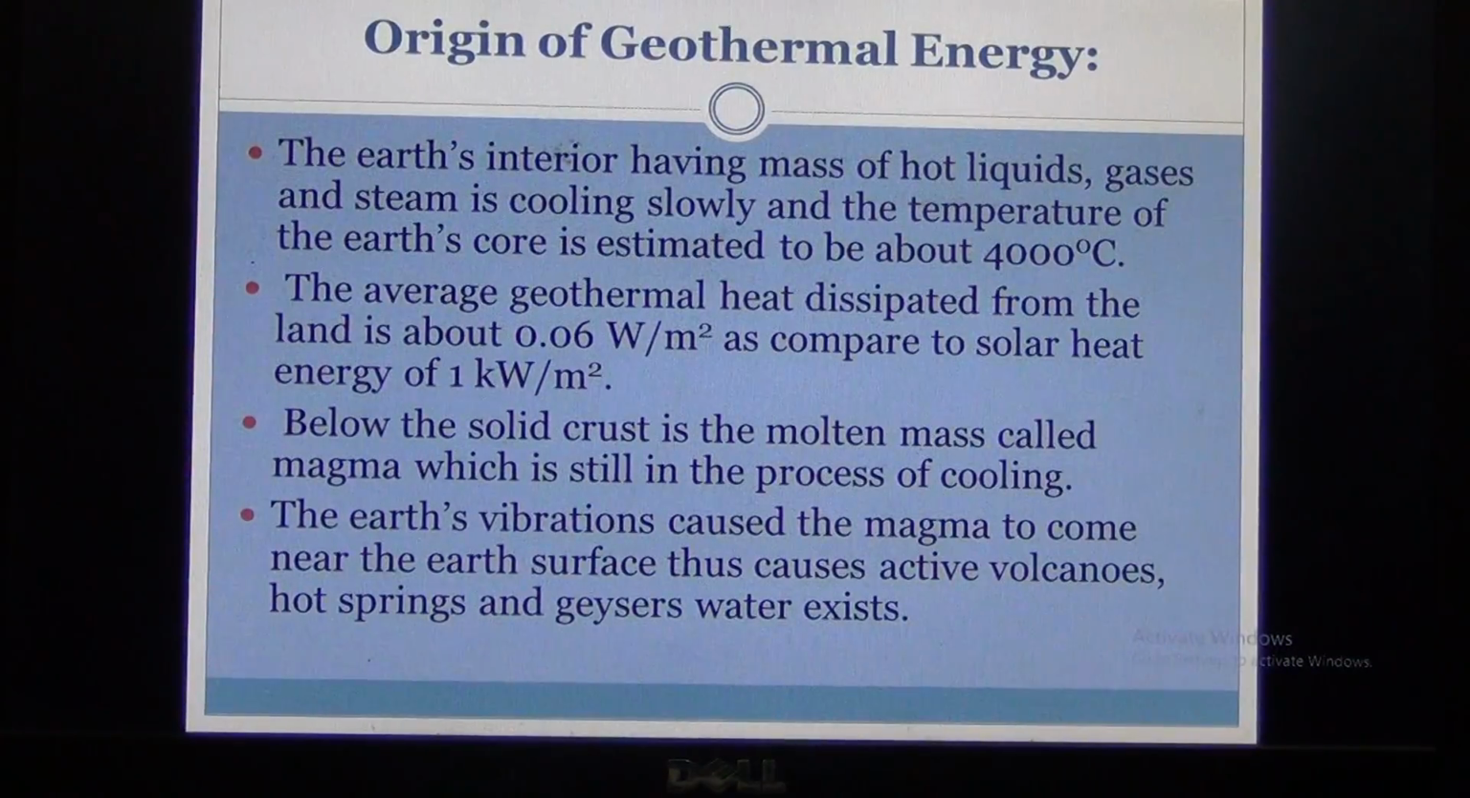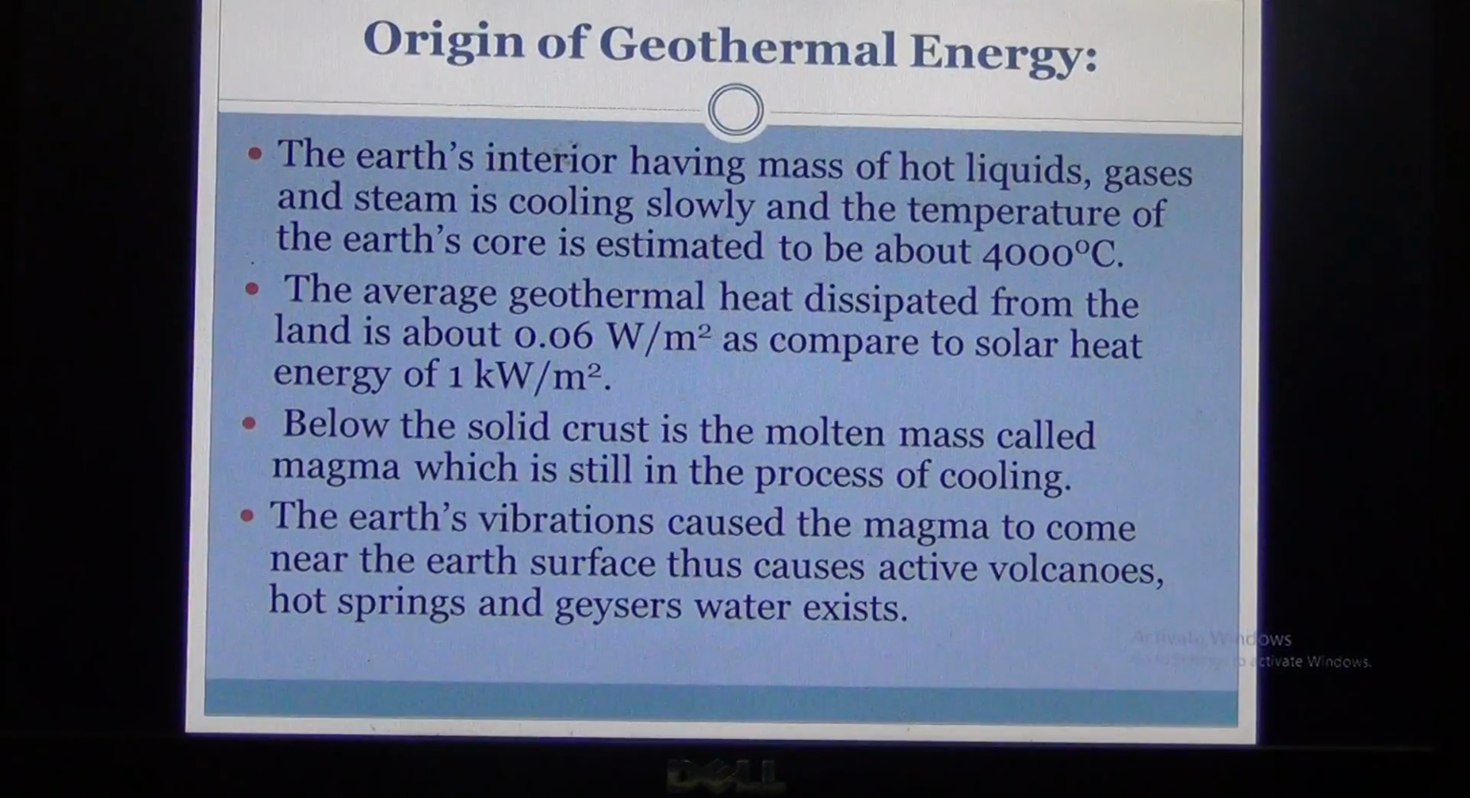What is the origin of geothermal energy? How is this energy formed, and how can it be used? The Earth's interior has a mass of hot liquids, gases, and steam that is cooling slowly, and the temperature of the Earth's core is estimated to be about 4000 degrees Celsius. The average geothermal heat dissipated from the land is about 0.06 watt per meter square, as compared to solar heat energy of 1 kilowatt per